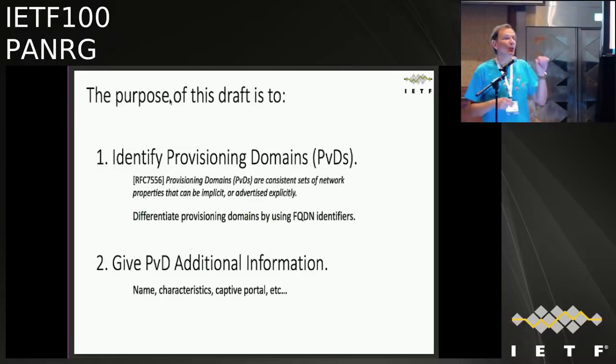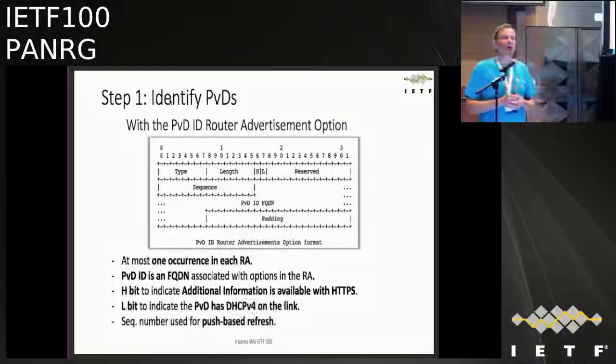And in the same shot, we are extending the notion of PVD, which was just layer 2, layer 3 information, to go to the application layer by doing a two-stage, let's say, PVD provisioning. I don't want to go into many details about the protocol. It's not really the purpose of this session here, but it's simply sent over an IPv6 router advertisement. We are adding a new option there, and there are only two fields interesting for this group.